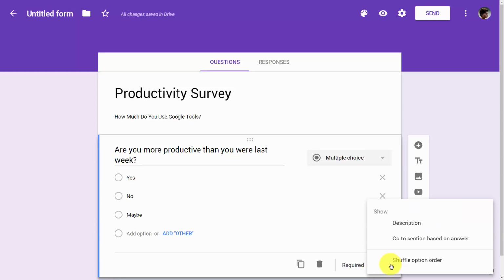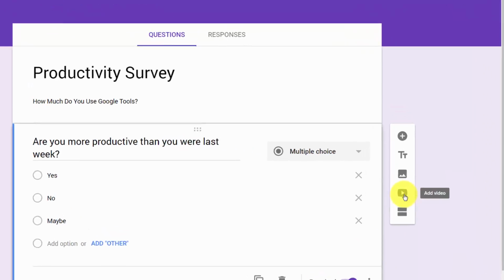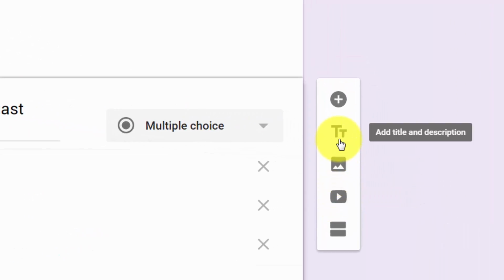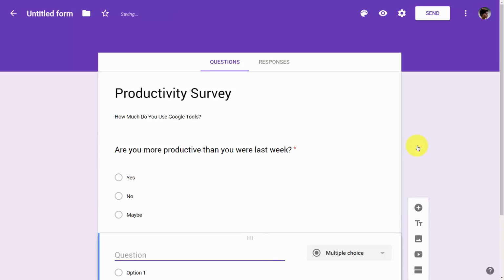Now, with Google Forms, we can actually do conditional logic so that when someone answers a question a certain way, we can send them to a different part of the survey. This is one of the great uses of Google Forms. Now, any place in the survey, we can add in videos, images, and additional text. So in order to continue, we are just going to click the Add a Question button